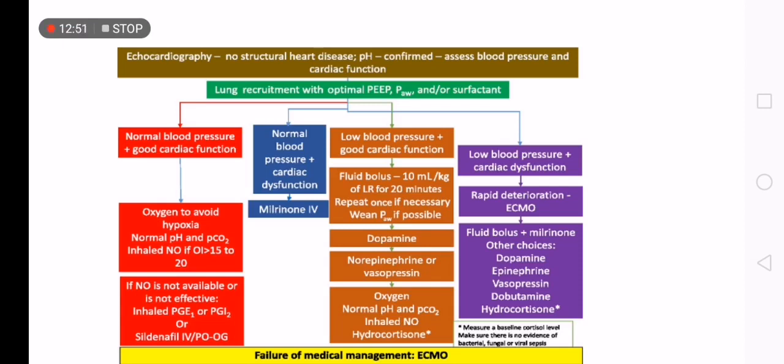This is an algorithm which might help us to choose the drugs in each patient and not to use all the drugs at the same time for each patient, because we might not need all these measures in each patient. Okay,